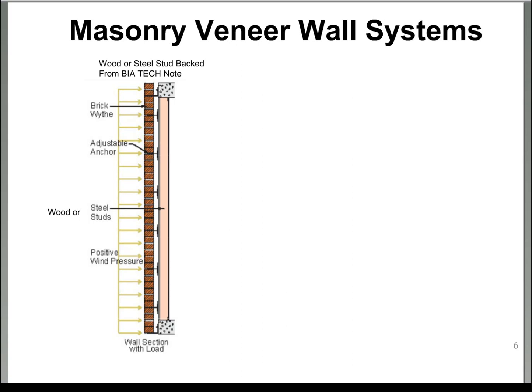The water goes down the backing, drops to the bottom, is collected on flashing, and delivered to the exterior of the veneer. For the backing walls, you can have wood or steel stud backing walls in here. Typically they're 16 inches on center, either steel cold-formed sections